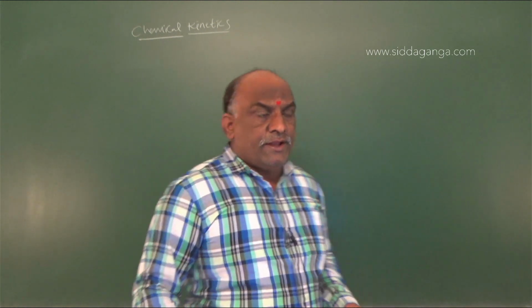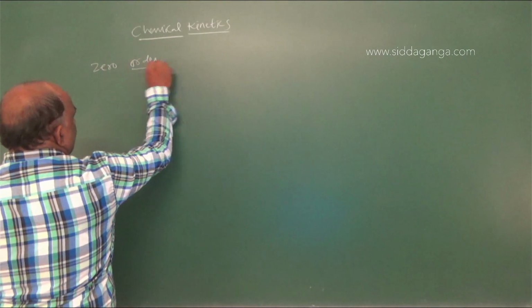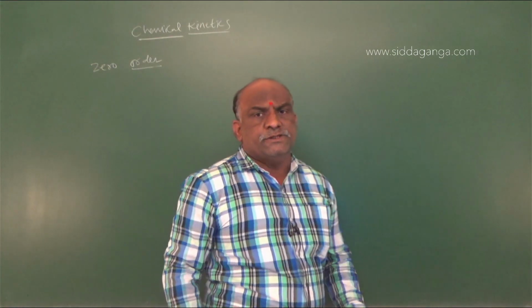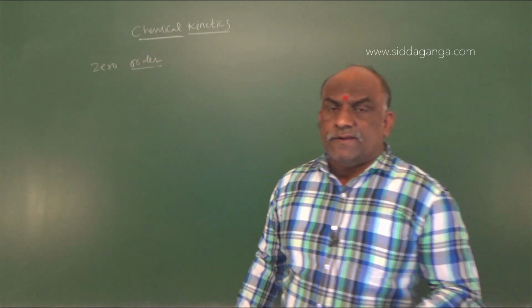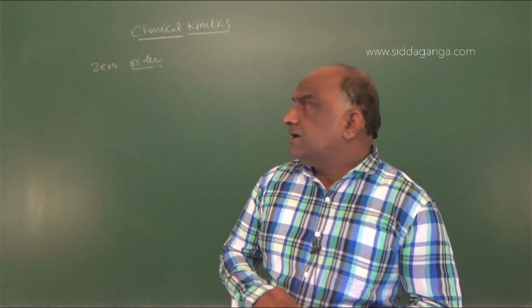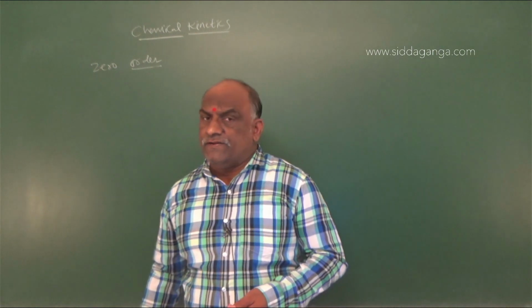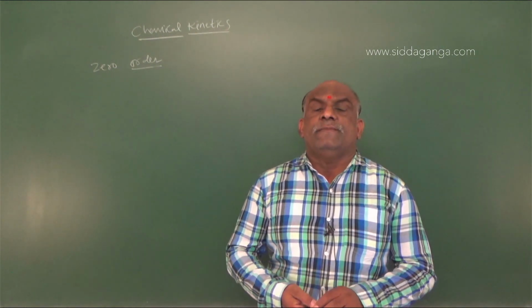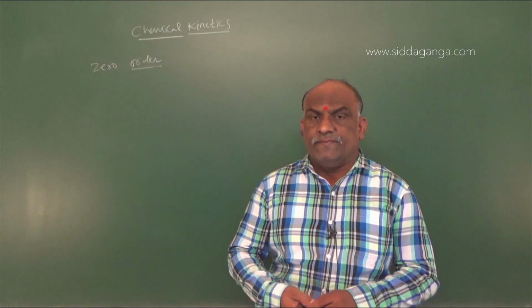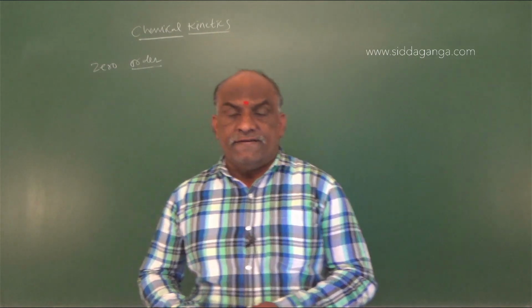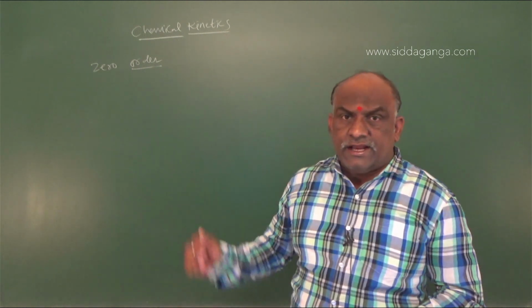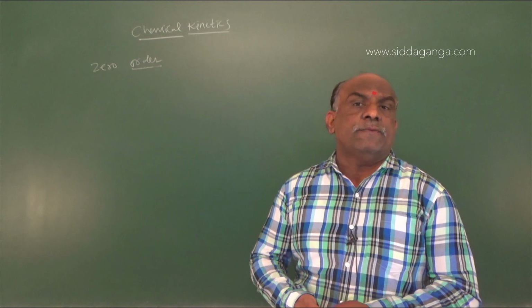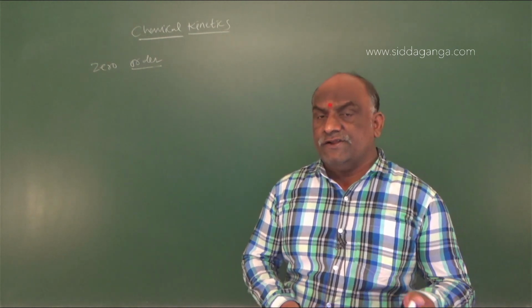And here today the discussion is regarding zero order. Zero order, simply this one: thermal decomposition of ammonia in the presence of platinum catalyst at temperature 1130 Kelvin. That is an example of a zero order reaction because the reaction depends upon the catalyst and temperature. And thermal decomposition of hydroiodic acid in the presence of gold catalyst also belongs to zero order reactions. Generally, photochemical reactions, which depend upon sunlight, because the rate of reaction is very fast.